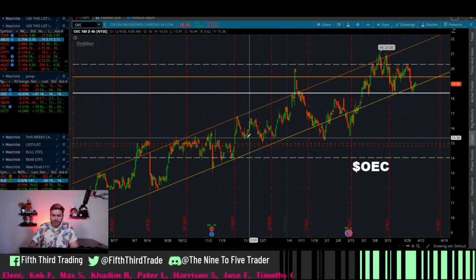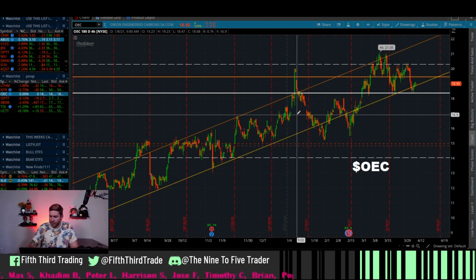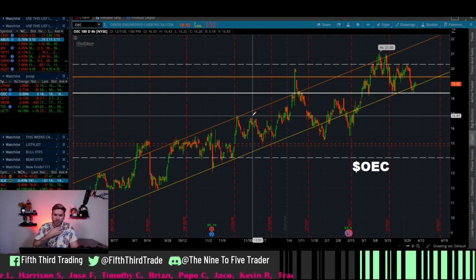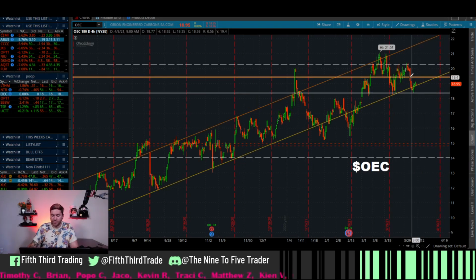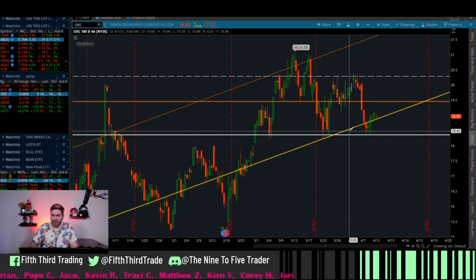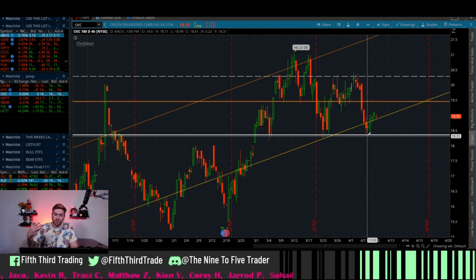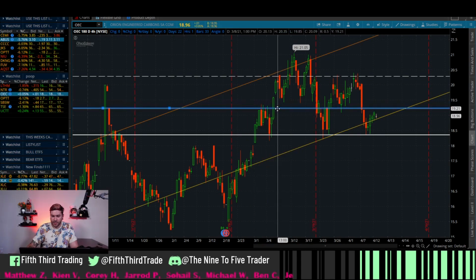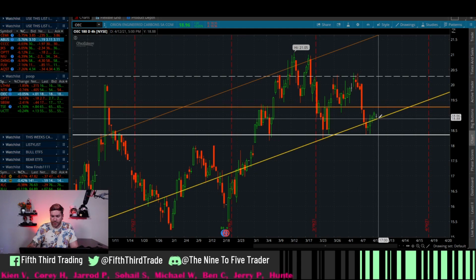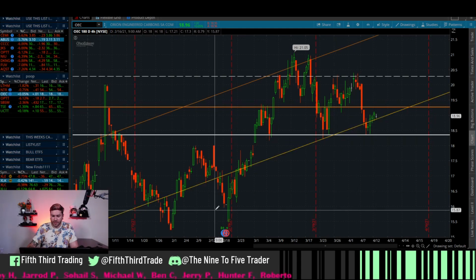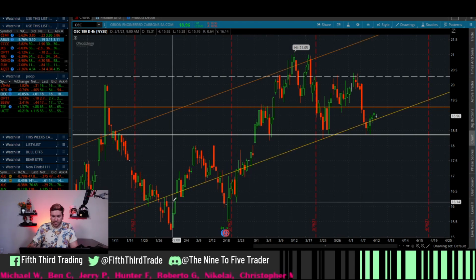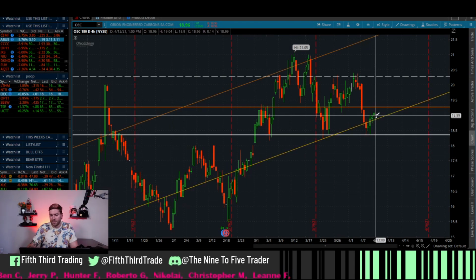Next is OEC. This is not the greatest channel to be playing off of. It's very reminiscent of what the NASDAQ looks like. It looks very similar to the NASDAQ overall. So there are breakouts happening, going up and over. But this is a very strong support area. And again, I like to play off of risk versus reward. This is a very strong resistance anywhere in here. And we can see it's kind of shying away from it. There is a chance that it's going to come up, test this trend line, consolidate, and then keep going. It did that before, right? It tests this area. It's testing it currently.